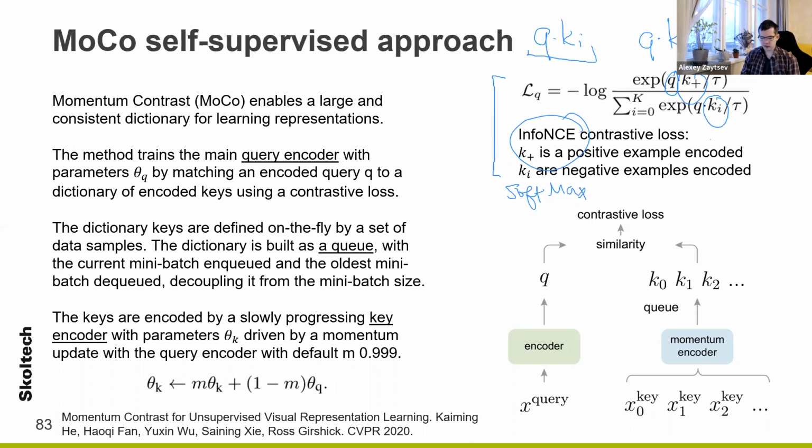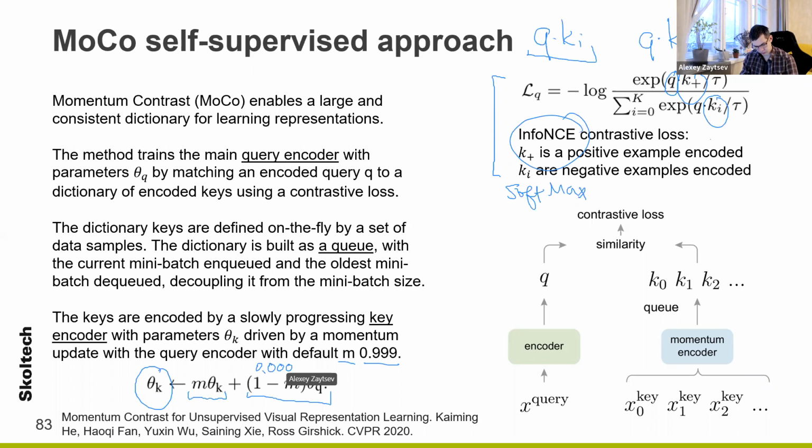And when we want to have parameters theta k, we modify them with this momentum heuristic. We say we have this m, which is quite close to 1, as you can see. And so we keep all parameters, but update them slightly with parameters of this new query encoder with a coefficient